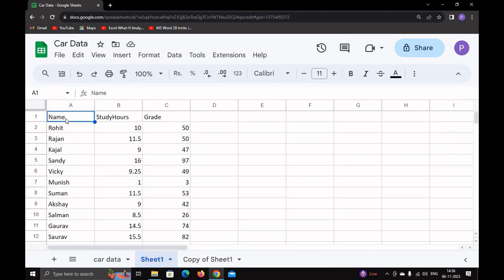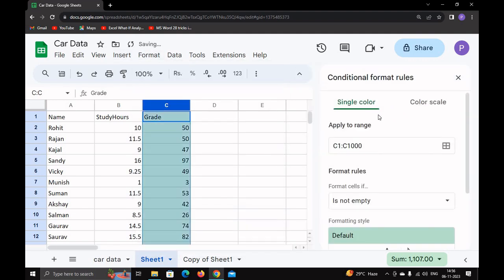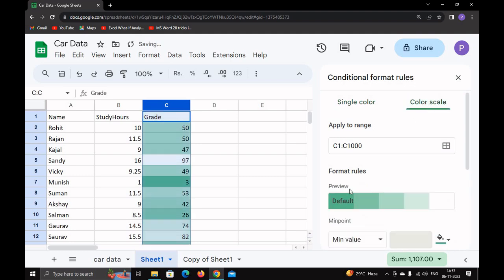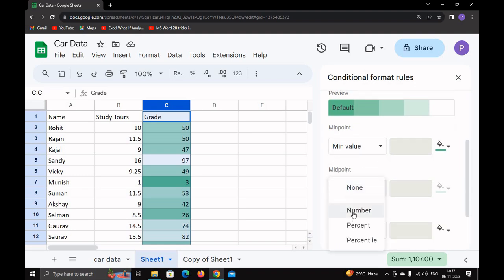So this is the data of students, in which you can see the name of the student, study hours of the student, and grade of the students. And I want to highlight, format the rows which have a grade value. So just click this column, go to the format, conditional formatting, and here I will explain color scale. Just click color scale, and here I will pass a midpoint value to number, let's say 50,